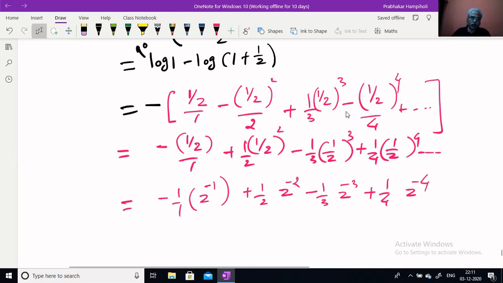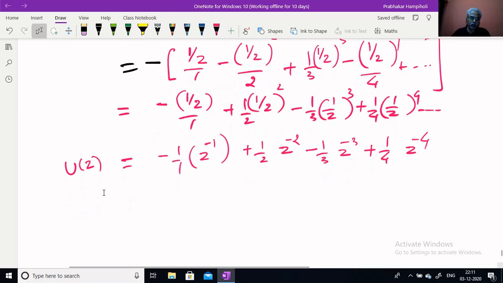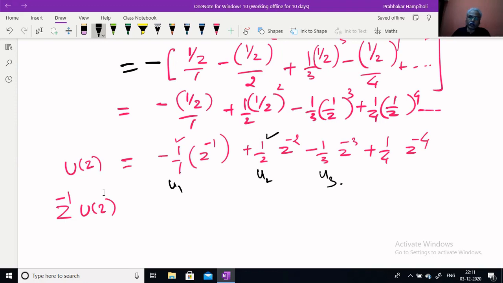If you include 0 also here, this is our u of z. Taking Z inverse on both sides, the pattern you have to recognize: this becomes u1, this becomes u2, u3. So 1 by 1, 1 by 2, 1 by 3, alternately positive and negative,